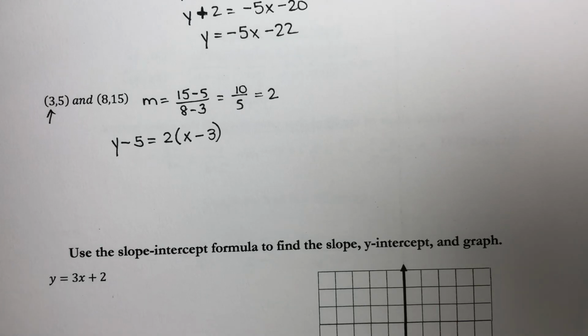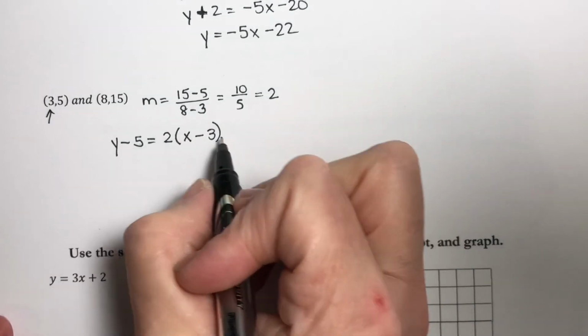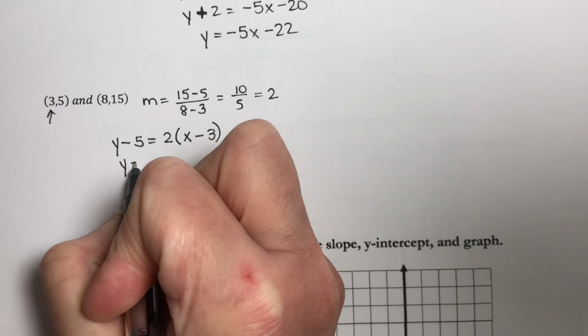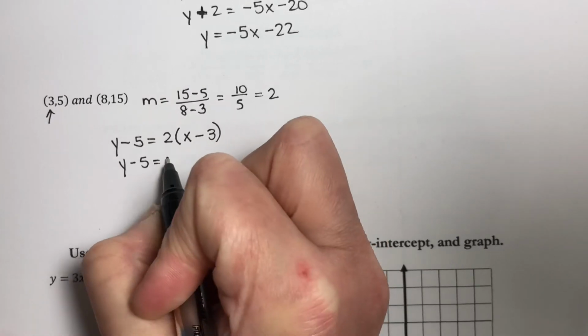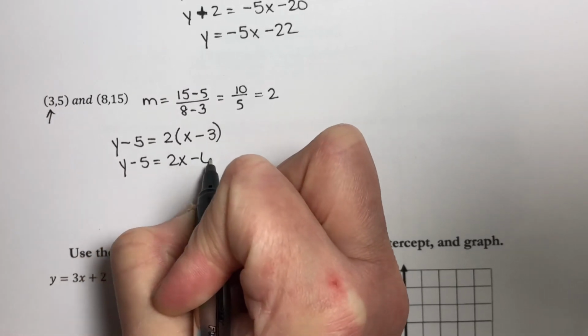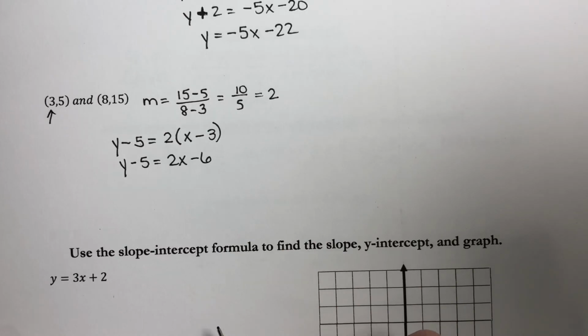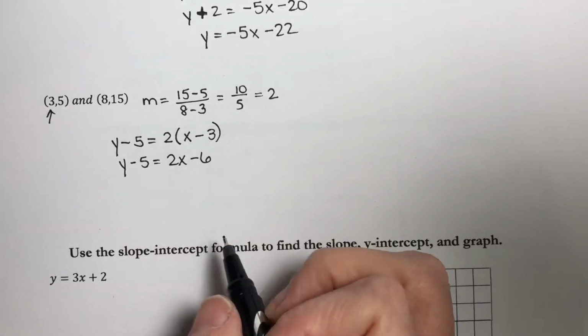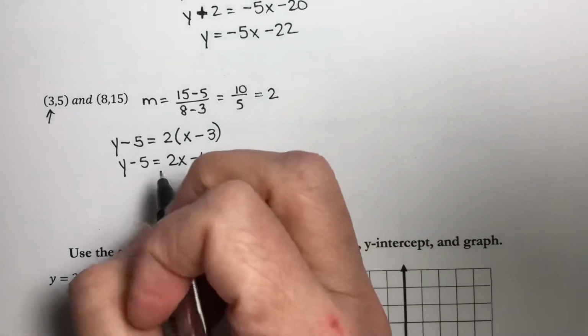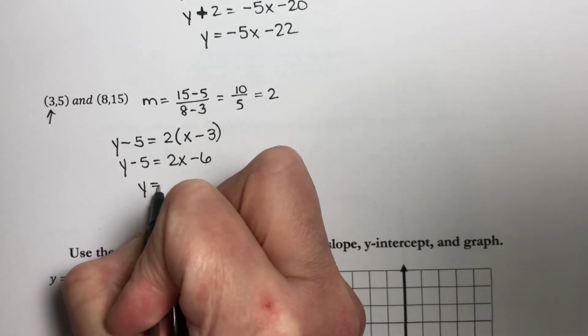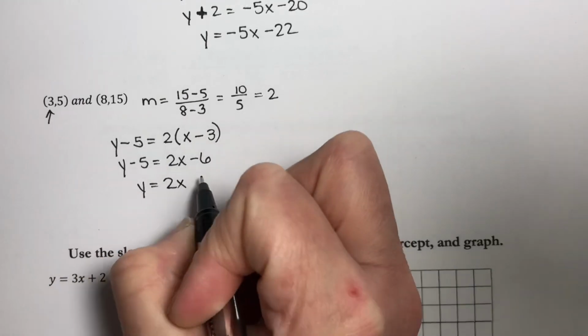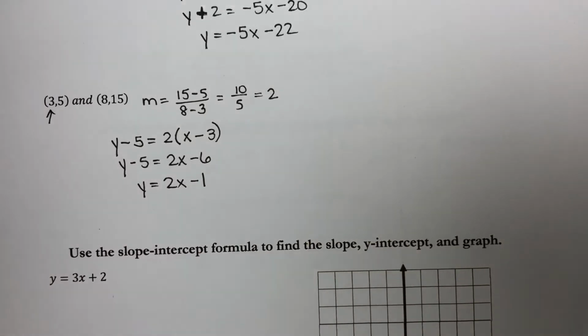Okay, now let's distribute this. Distribute the 2. Y minus 5 is equal to 2x minus 6. And now let's add 5 to both sides to get y is equal to 2x minus 1. Okay,